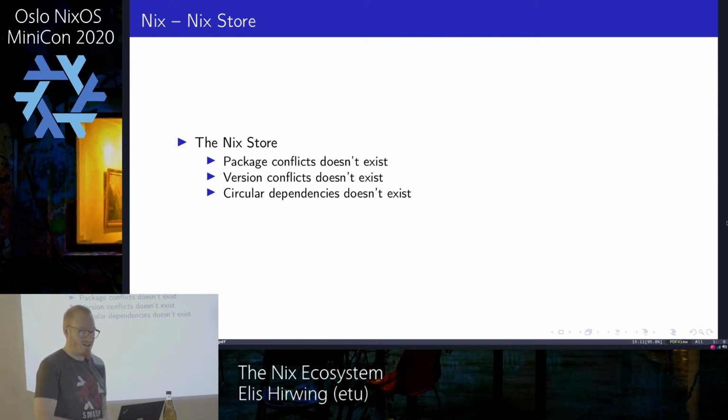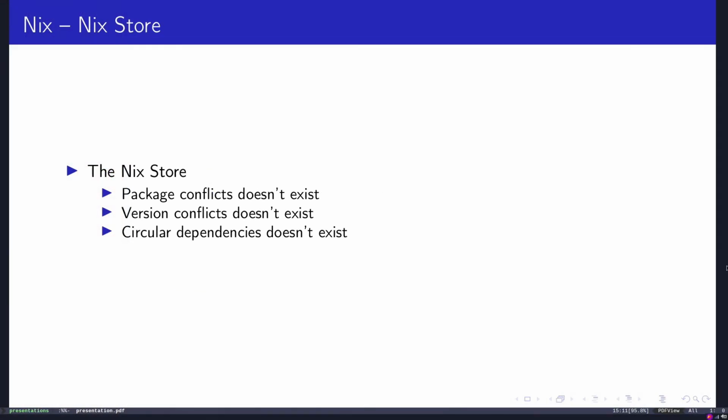In Nix, package conflicts, they don't exist. Version conflicts, they don't exist. And circular dependencies, they don't exist either, because if you would declare one, you wouldn't be able to build it. So it cannot end up in the store anyways.